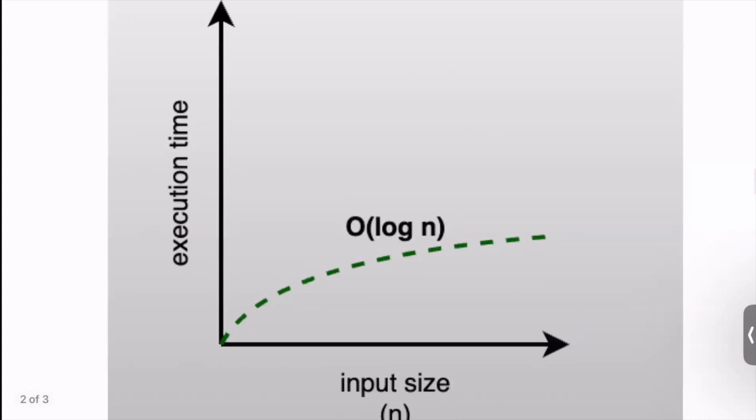So, with O(log n) time complexity, it means that as the size of the input n grows, the time that it takes to perform an operation increases logarithmically. And this is achieved by dividing the input size in half with each step, which leads to a reduction in the number of steps required as n grows, which is similar to the analogous example that I provided earlier. If I were to provide an example,